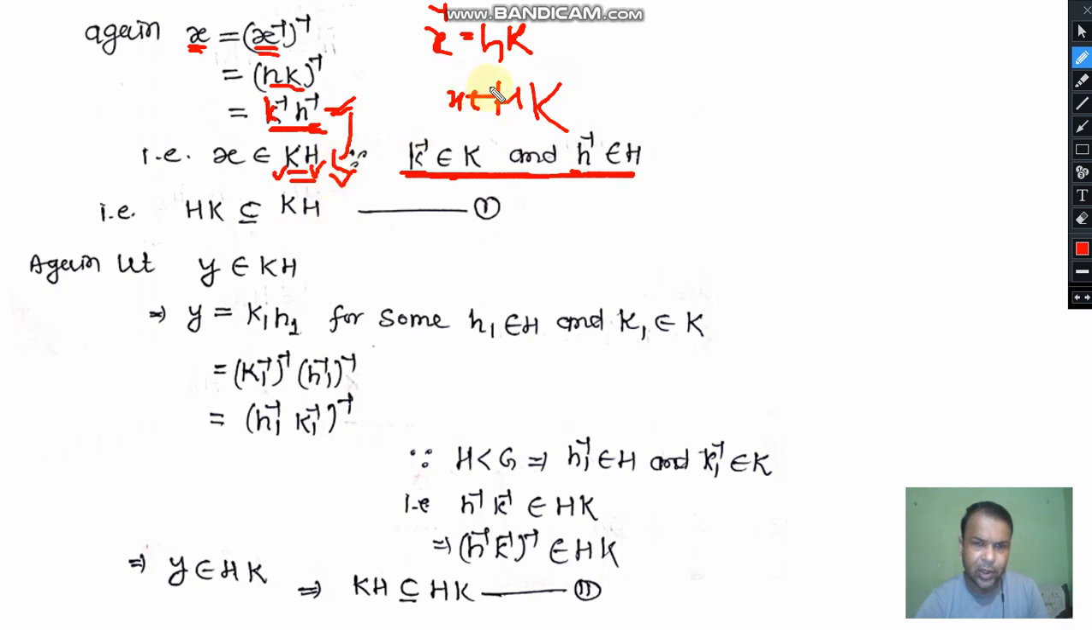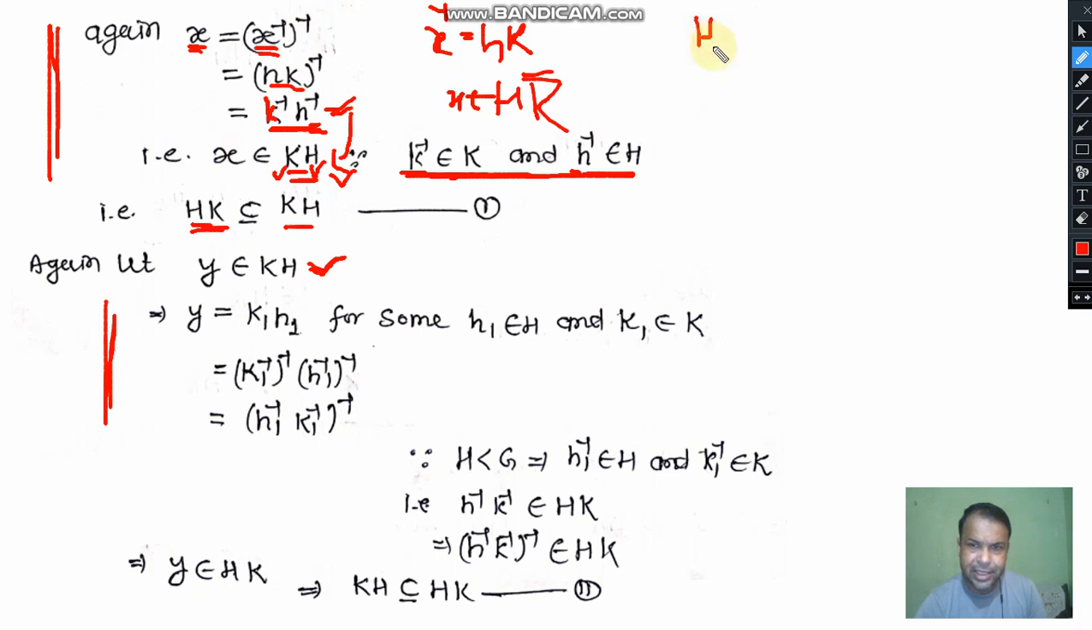So we can say that all elements of HK are available in KH. So HK will be a subset of KH. Again, we will assume one element in this KH and then we wish to show that it is in HK. Students, please note that this approach which we have used here cannot be used here, because in this case it